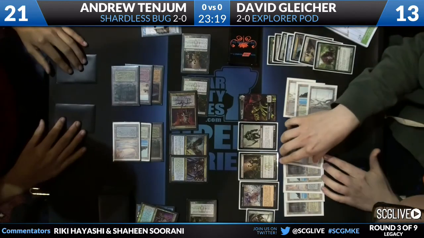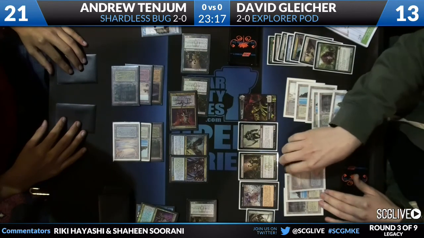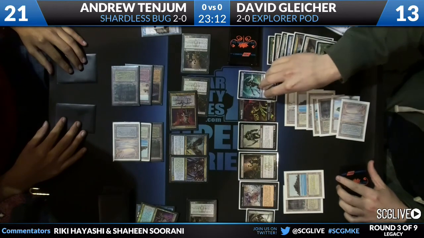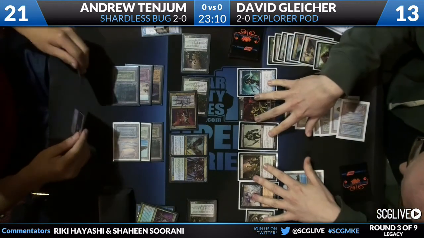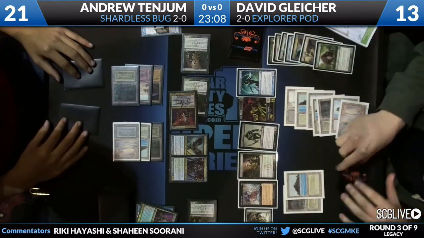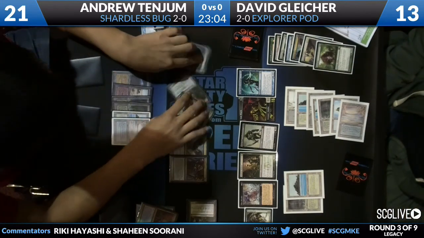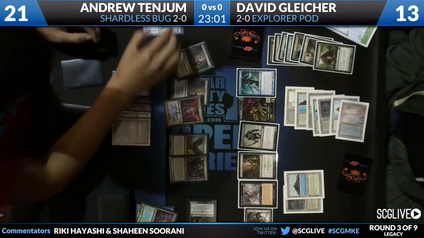How much does that accomplish against Volrath's Stronghold? Not too much. It's not bad though. I think you still do it. There's the Glen Elendra Archmage, so he drew it naturally. Yeah. So David really needs a Pernicious Deed, and that will really wipe out the Deathrite Shamans, and then with